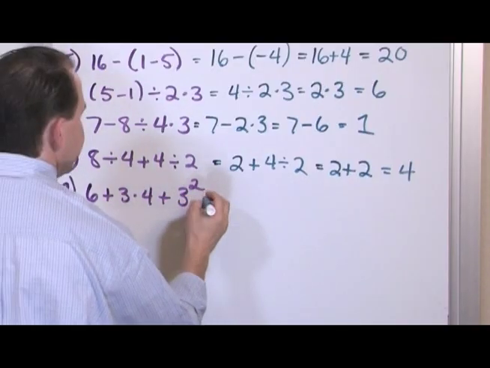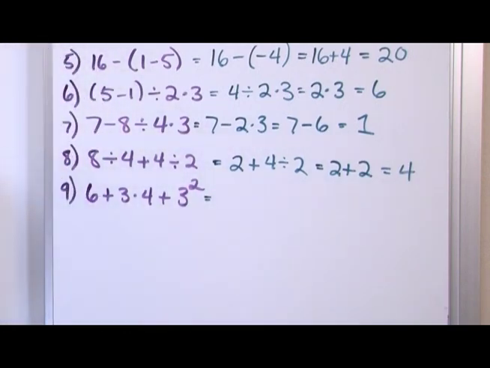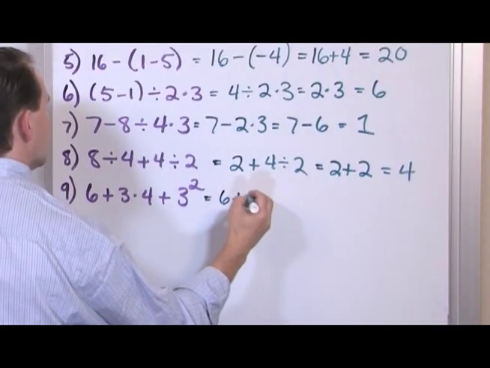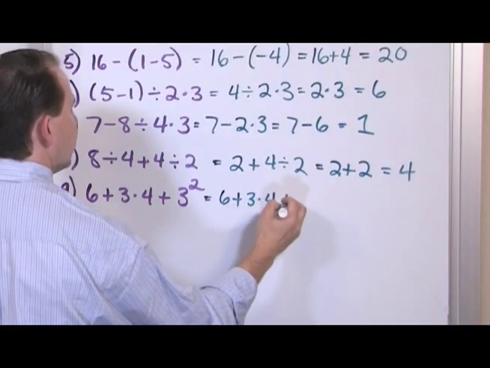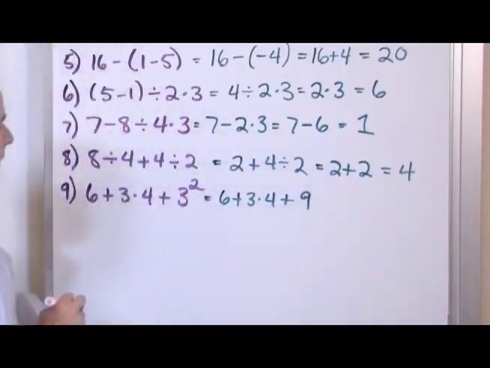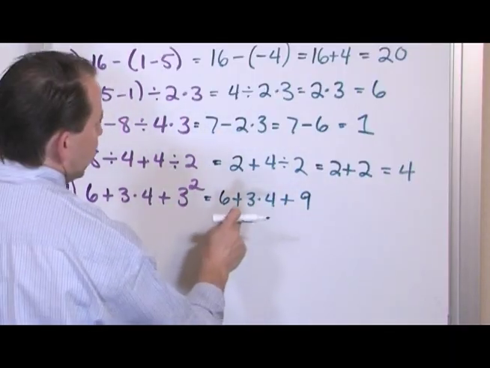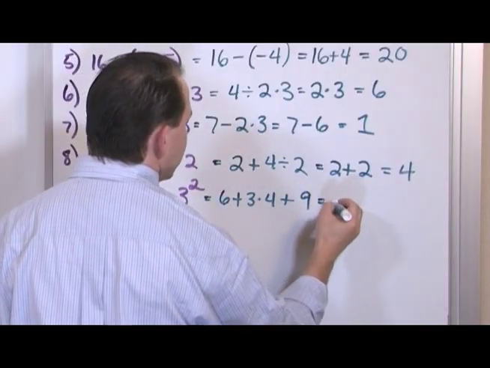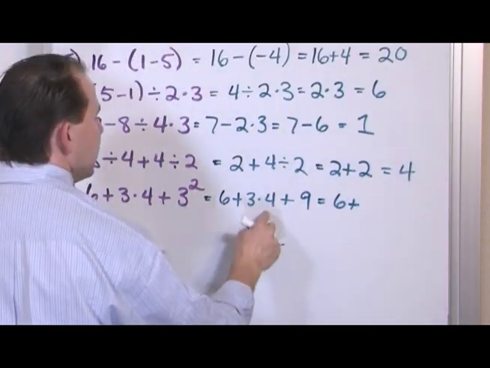Okay, do we have any parentheses? No, we sure don't. Next thing, do we have any exponents? Yes, we do. So we do that first. 6 plus 3 times 4 plus 3 squared, where 3 squared is 3 times 3. Now that's 9. Now you look again and you say, well, I've got addition going on. I'm going to do that last. I have to do the multiplication first. So I have 6 plus 3 times 4 is 12